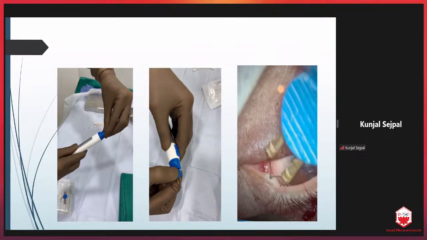You have to inform the patient that there's a chance that the puncta might open up in the future. If that happens and the patient still needs treatment, you can go ahead and repeat the procedure. Usually after a week to 10 days, you will start seeing improvement as the fibrosis sets in. So if you want to plan any procedure like a cataract surgery, you should try and wait for a month, see how the ocular surface is doing, and then go ahead with the next intervention that you intend to do.